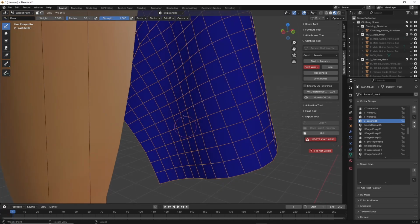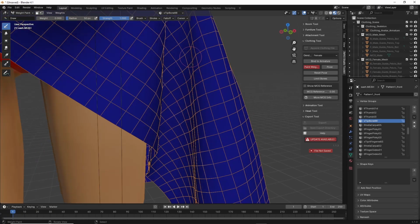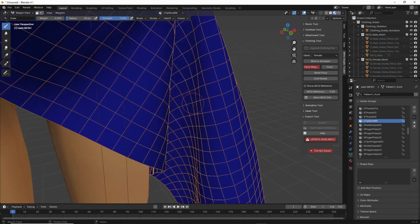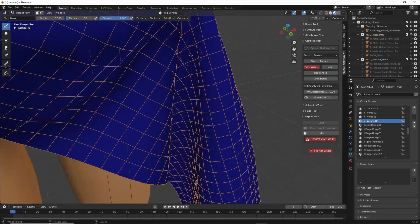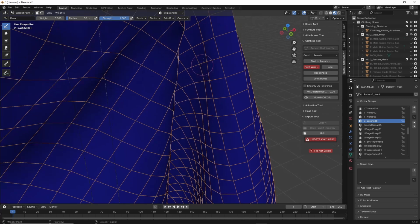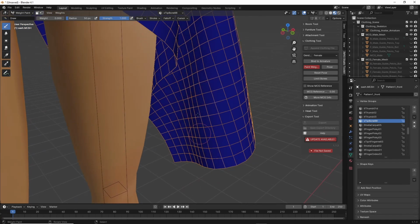The alternative to weight painting, which works better in this particular instance, so let's just weight paint all of that out, because although this means that there are no influences, we've painted them out, no influences on these particular vertices, this group is still associated with this section of the mesh, which can cause issues. So a more succinct and finite way of fixing this problem,